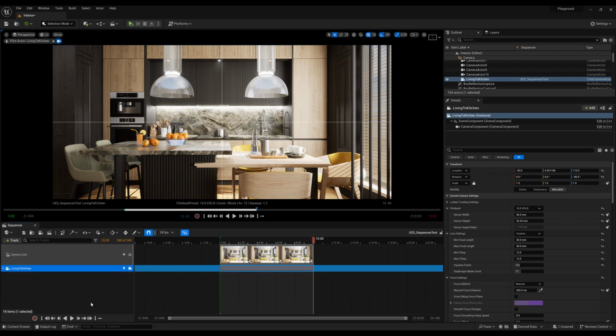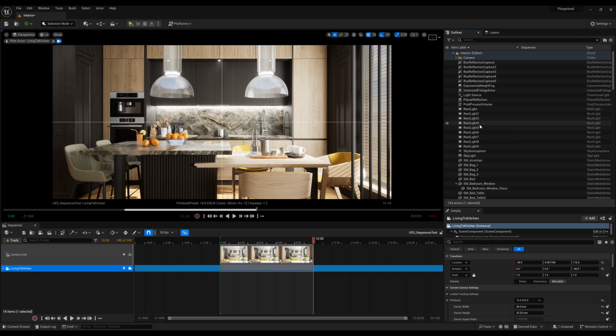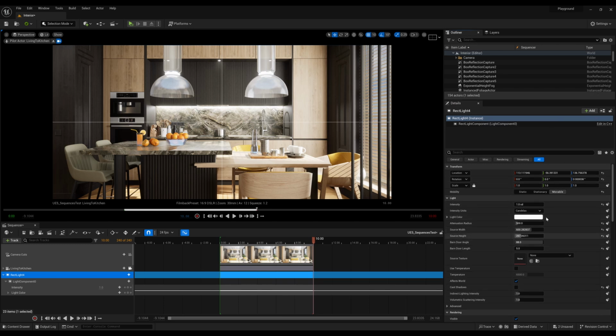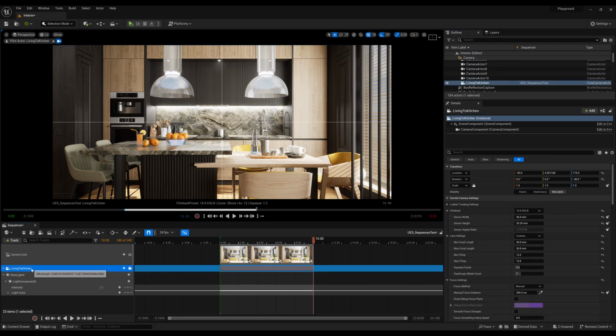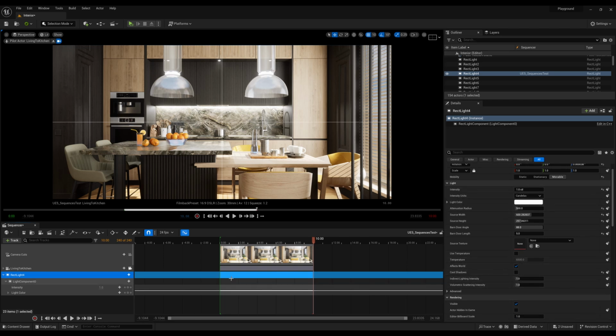Now you can add multiple things and multiple actors, meshes, and lights into this sequencer to also keyframe different properties. So try and drag and drop in a few of those properties and you can decide what to do. You might not have all the properties, but remember you can go back into the details panel. Once you click, and you can see here, if I click the camera, I get the camera settings. If I click the light, I get the light settings, and you get all of the options that you can keyframe directly in here. So if you want to change the intensity, so it's maybe 0 at the beginning, and